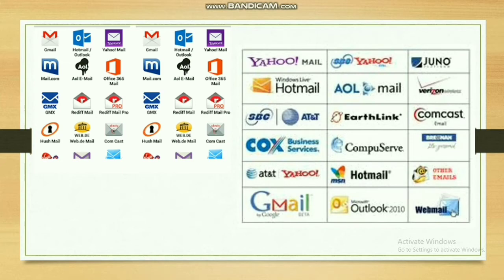All these companies help you to get email, but the mail provided by Google gives you a lot more. The first and foremost thing is that they provide you 15 GB of free storage space in the cloud. That means in the drive, in the mail inbox, in Google Photos, or in many other areas.